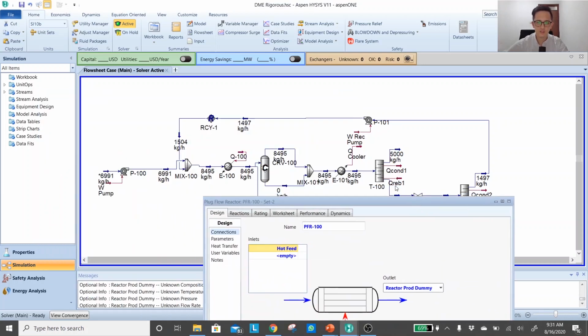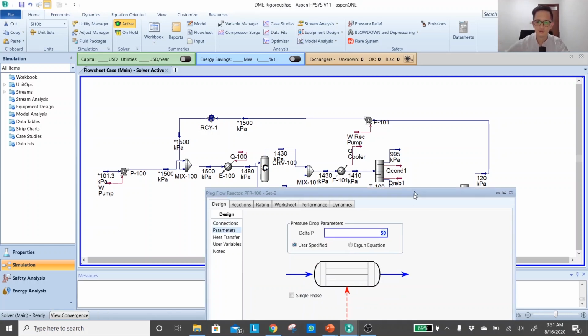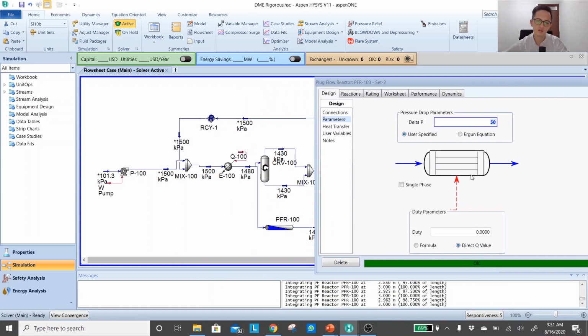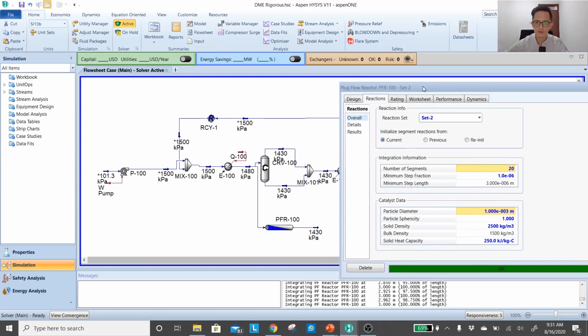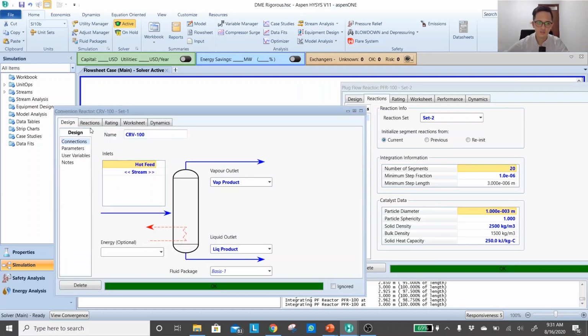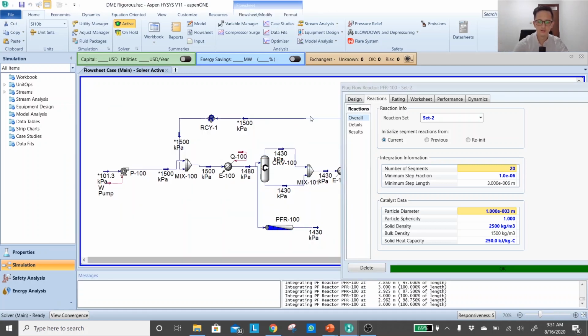So I'm going to use the same pressure drop, so it's 50 kPa or 0.5 bar. Once you do that, it's green bar. That means it's finished for the PFR. But again, be careful. We have to check the conversion. Previously, the conversion had to be 82%, so that we will get a temperature of below 365 degrees C. Now you can already notice that the temperature doesn't match.